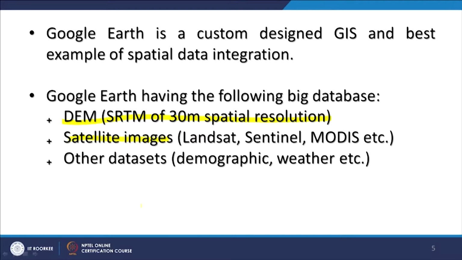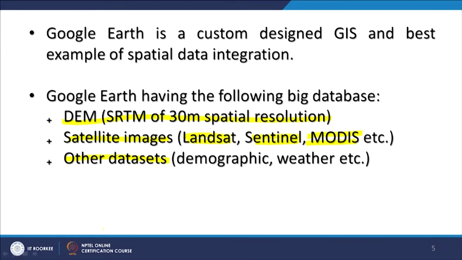see the satellite images of various satellites. Landsat, all images are free, Sentinel images are also free, MODIS images are also free. So, it is a platform which has integrated DEM with satellite data for the entire globe in order to study landmarks, and many studies are now coming there. Even in schools, children have started using Google Earth in their civics or geography classes,